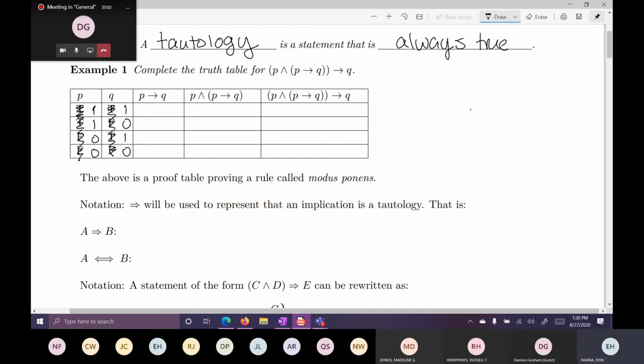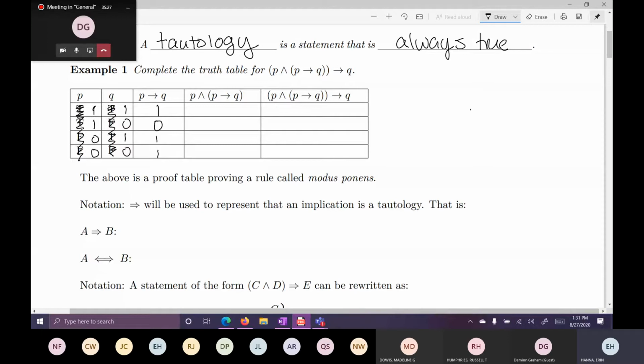If you want to do that instead of T's and F's, maybe because your handwriting stinks between a T and an F, that'd be great. I'm going to do it in zeros and ones for this table, but again, all of the rules still work the same way. So P implies Q, true implies true, so 1, false, true, and